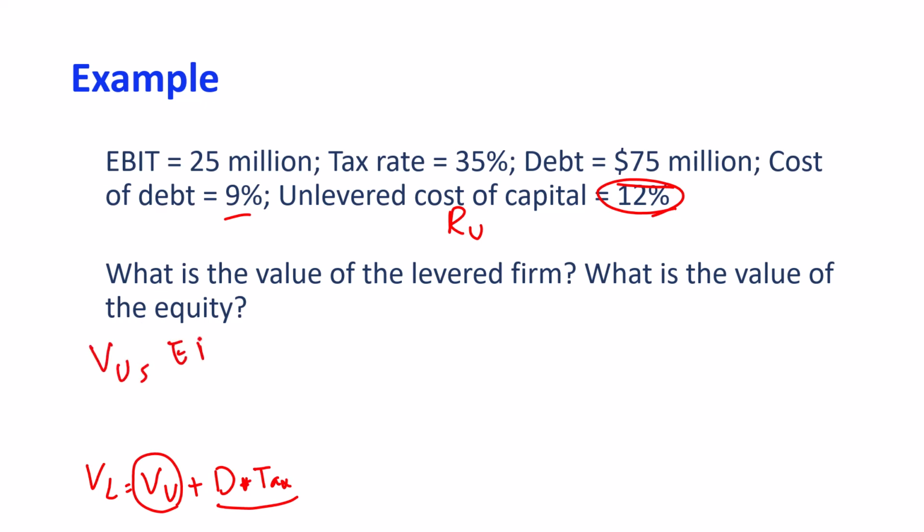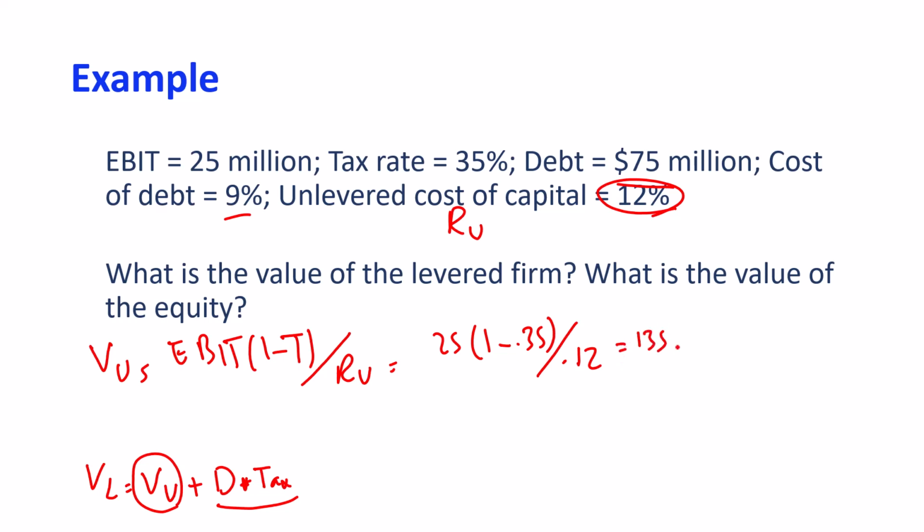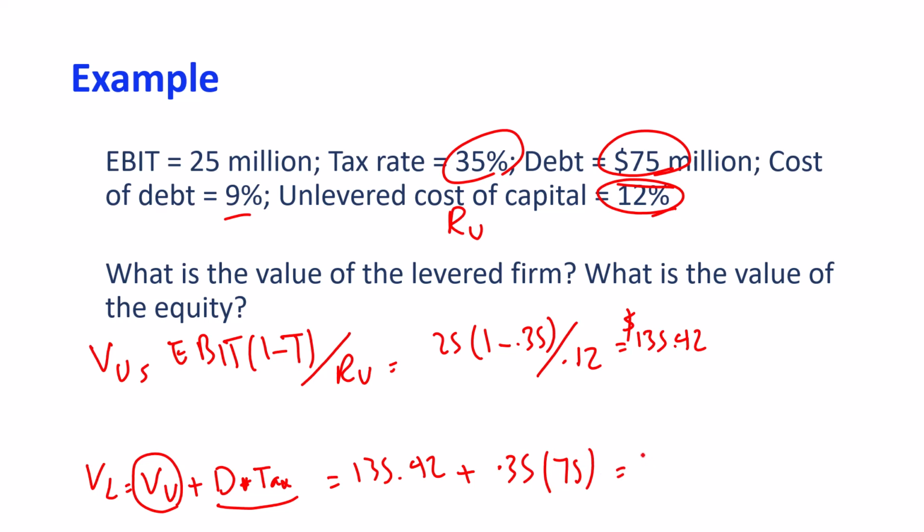unlevered firm, which is EBIT times 1 minus the tax rate over RU. So we have 25 times 1 minus 35% divided by 12%, which should give you 135.42 million. And then the value of the levered firm is going to be 135.42 plus your debt times the tax rate. So 35% of 75 million should be